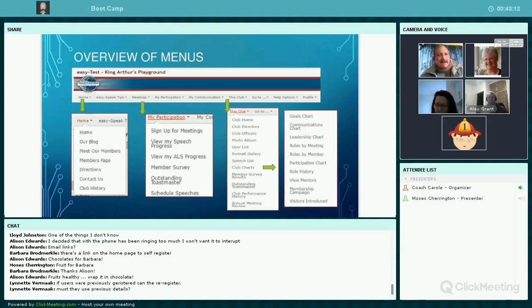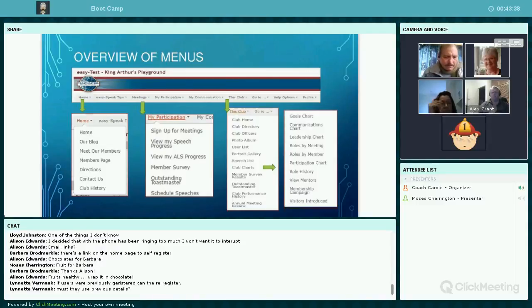Absolutely, yes, you're right. So we're just going to focus on a couple of those today because there's so much in this site, don't you think? Yes, there is. So those 3 areas. So in Home, My Participation. Sorry. No, that's okay. Let's start with My Participation because this is where you would get the most buy-in from your members.